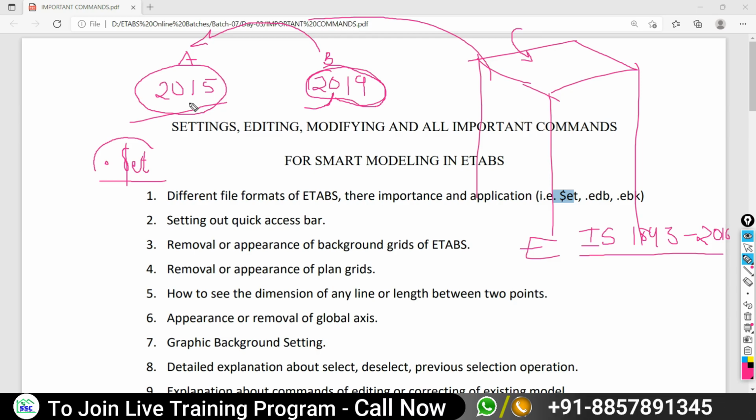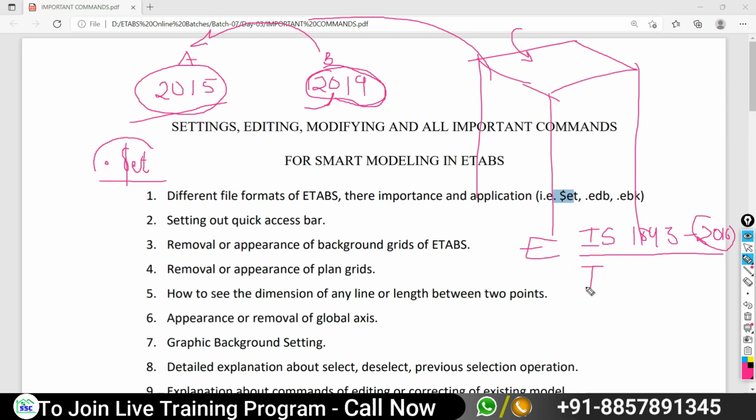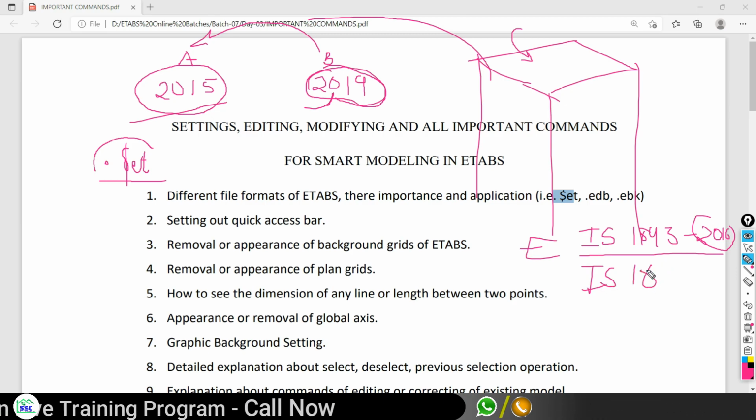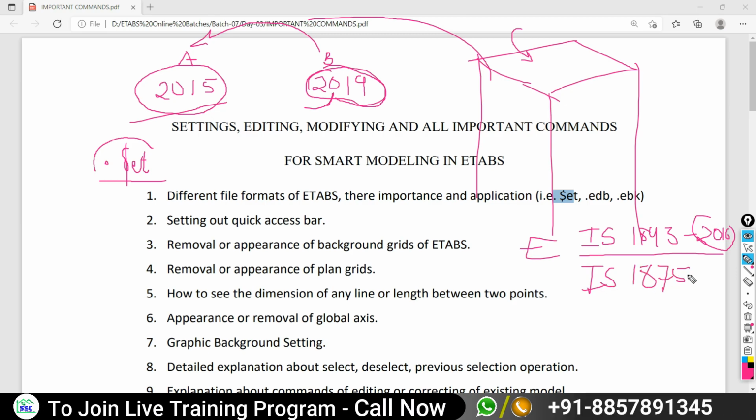Are you getting my point? Because there is no provision of the 2016 code. Likewise, if I'm talking about wind loading, the updated revision of wind load is IS 875 part 3, 2015, and the previous revision was 1987.